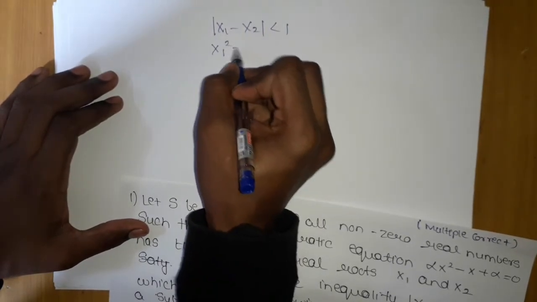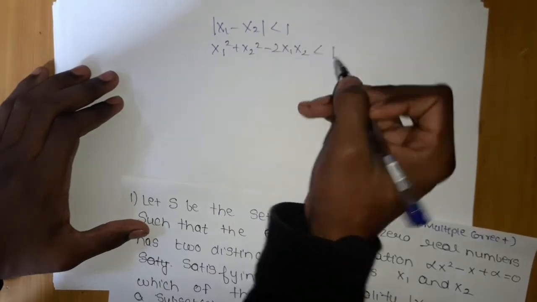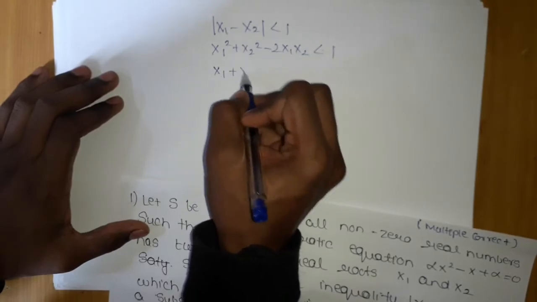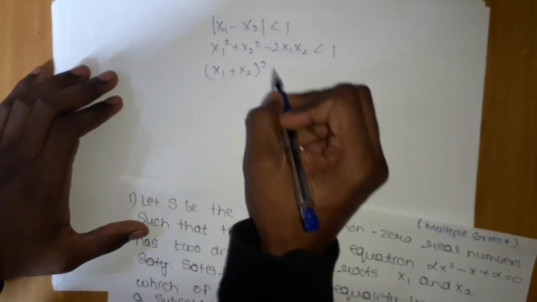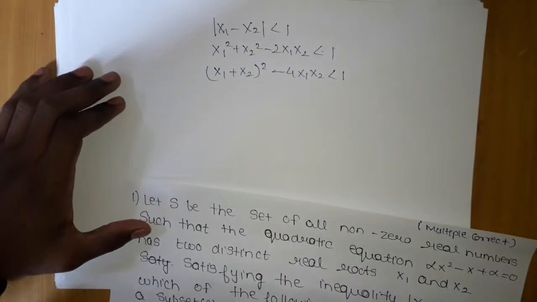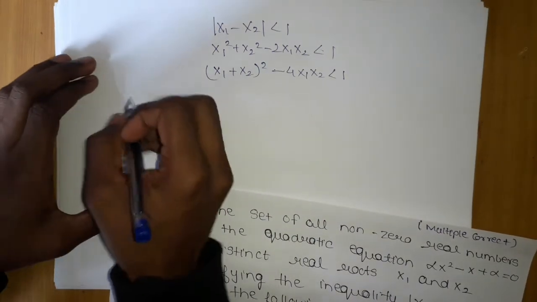What we are getting is x1 square plus x2 square minus 2 x1 x2, which will give me 1 square. We don't know this value, so we can make it 1 plus z the whole square, and this will become minus 4 x1 x2. This thing is very easy, we have done it many times. Now we have both the values. Now let's just get the values.